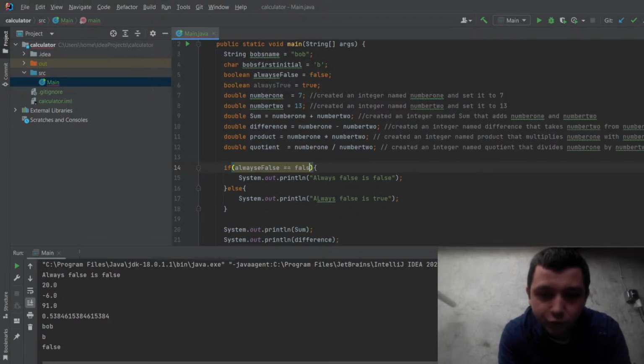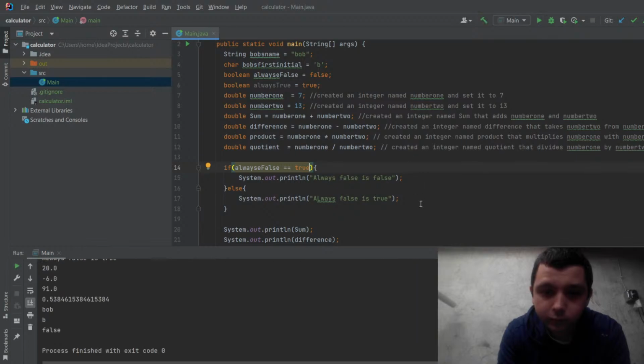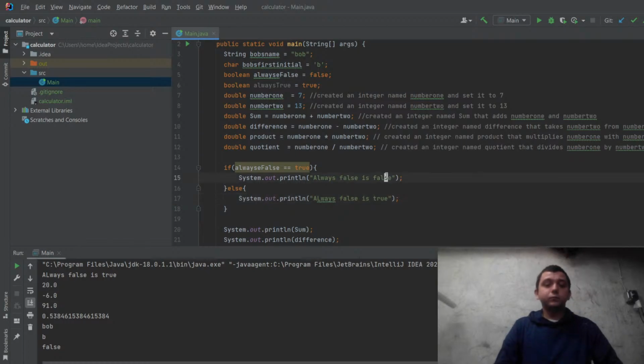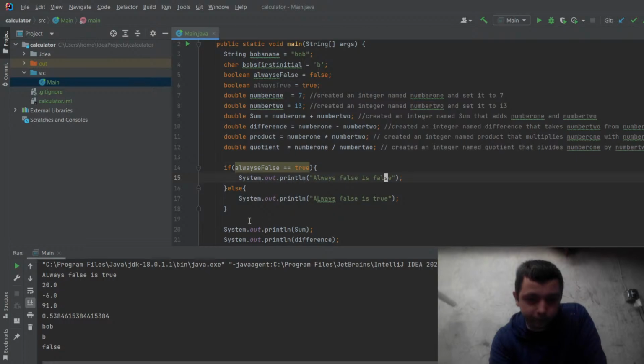Let's say I change that to true. Is always false true? So it runs this part of code instead of this part of the code. So if I explain that,